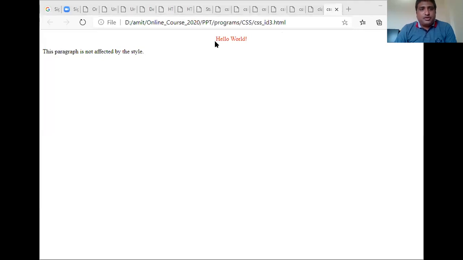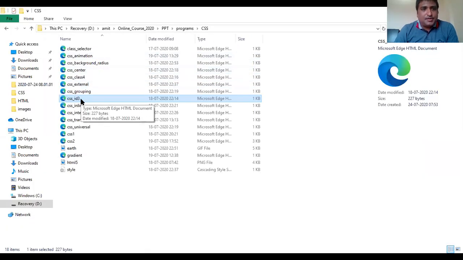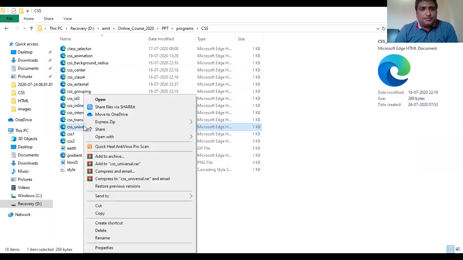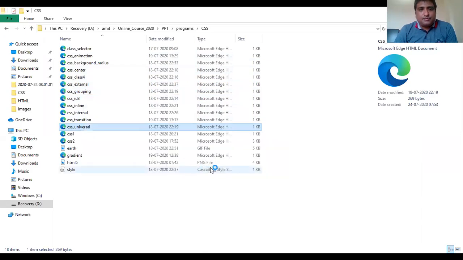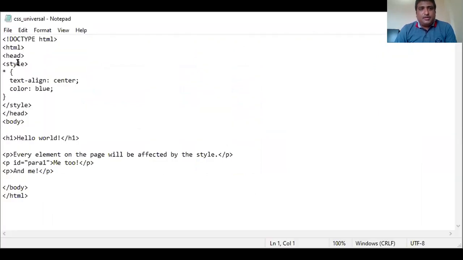Okay, and now the CSS universal selector. Here in the universal selector, we write the style properties in the head tag.